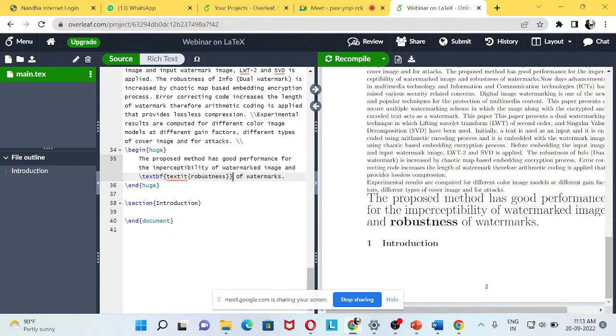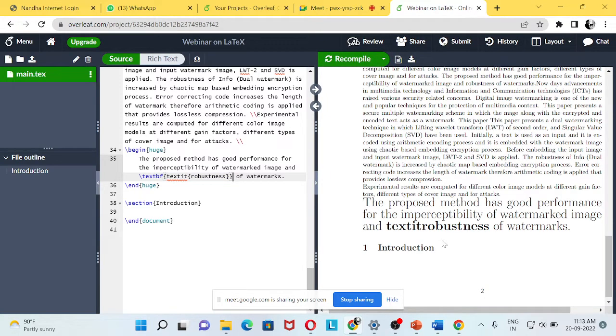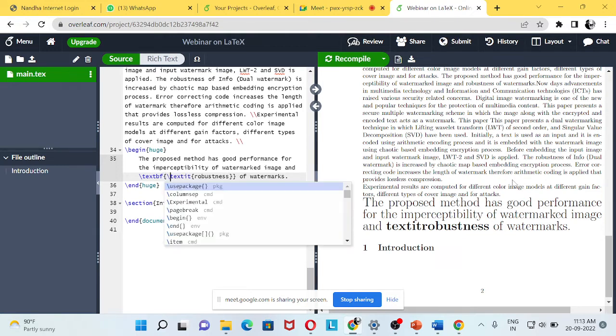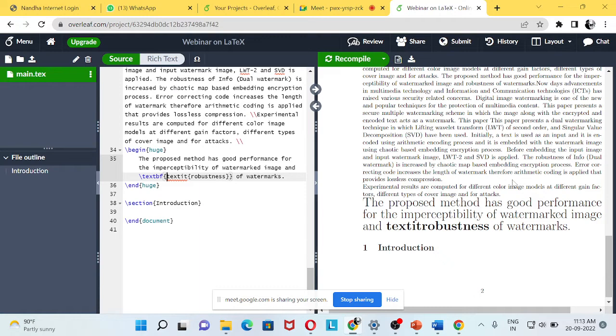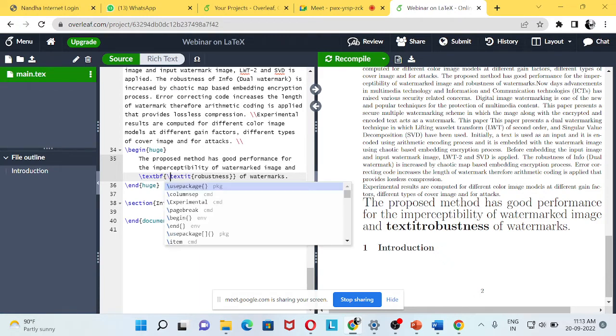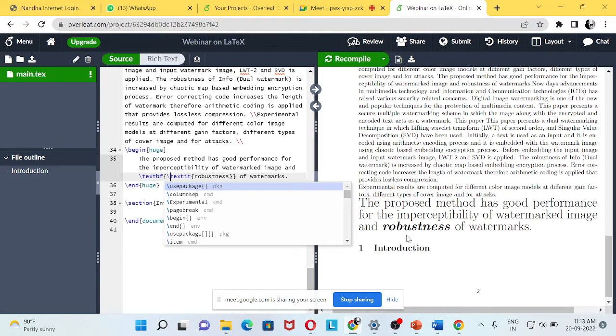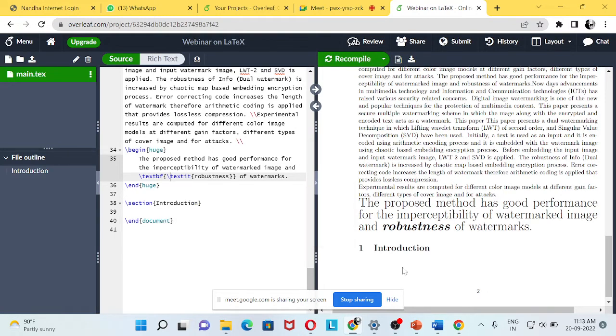Compile it. If there is a syntax error, that will show you. So I left the backslash, so it does not take it as a syntax. Instead it considered it as normal text over here. So you need to put the backslash and compile it. Now you see the difference, italic mode. So like that one can use different styles, different shapes, different